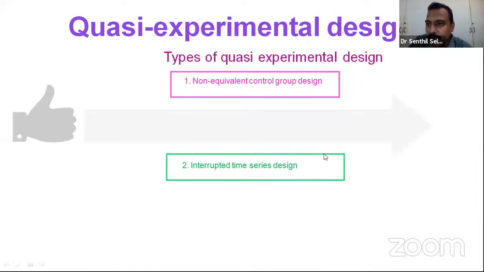Okay, next one is quasi-experimental design, which is something different to true experimental design. In true experimental, you have got 3 criteria. First one, the manipulation, the control group, and the randomization. Out of these 3, if any one is missing, then it is the quasi-experimental design. It has got 2 types of research design: non-equivalent control group and interrupted time series design. And the next one,